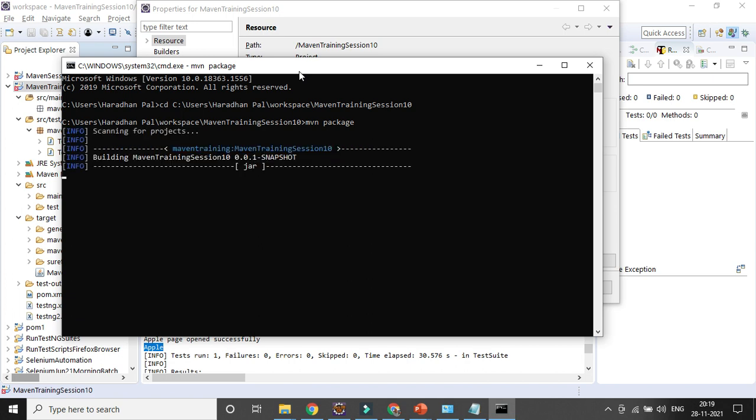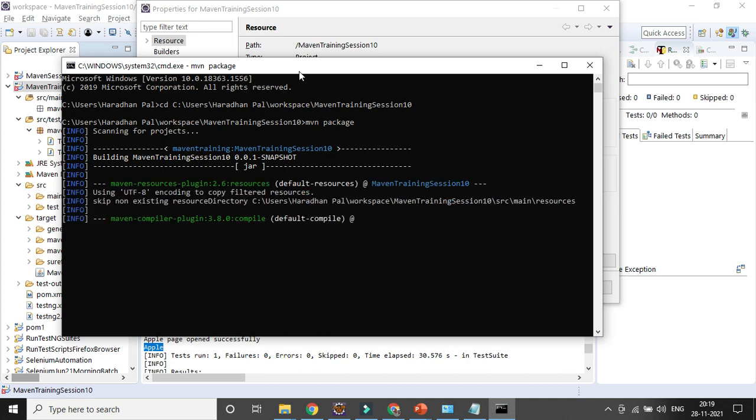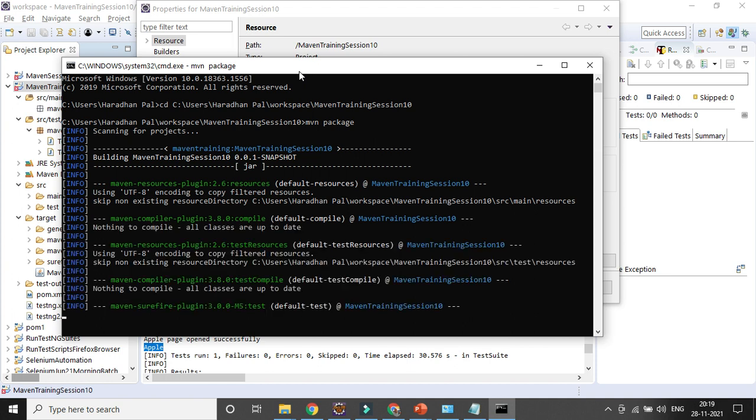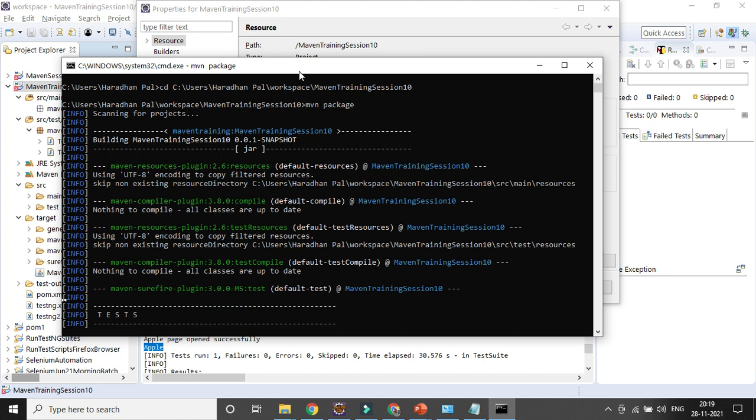So in case you are having 10 profiles, but 95% of the time you will be running just one profile, you can make it activated by default. So you don't need to worry. It will be set one time, but execution will be done based on the profile concept. That is a very relevant and important concept you will be using in the real-time framework as well.